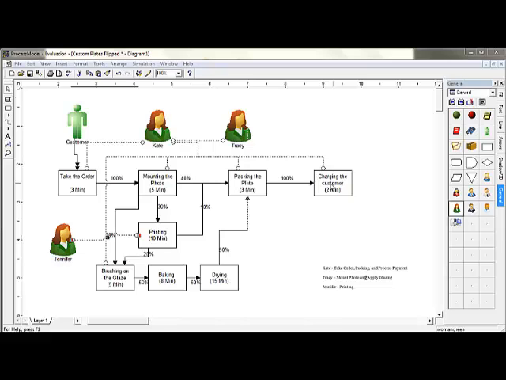Section C was, on average, how long should a customer expect to be in the store if they wanted the basic service with printing only, not glazing? So that would be taking the order, mounting the photo, printing, packing, and then charging the customer, which would be